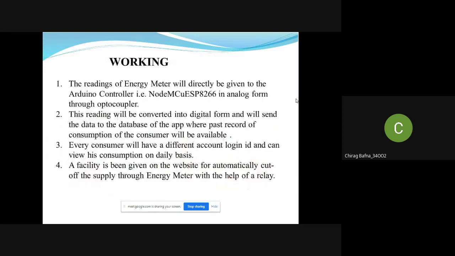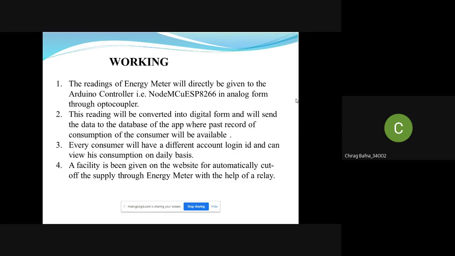Whenever a consumer uses electrical appliances like a fan, light, refrigerator, etc., these things take energy from the energy meter. That is why this is called our electrical load, and the energy needed by these appliances is called energy consumption. How much energy is consumed by a consumer is calculated by the energy meter, and an electronic circuit is there for calculating the reading. It also consists of a display which shows the units consumed by the consumer.